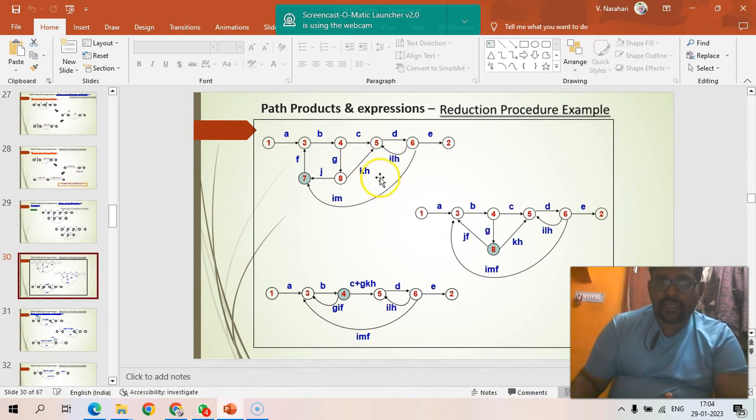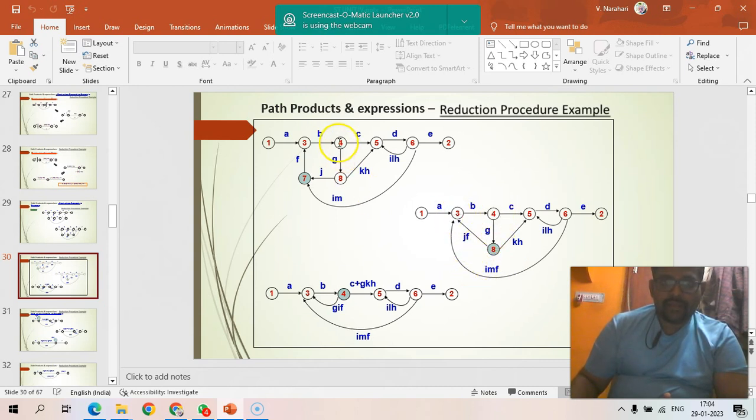ILH, KH, and node 9 is removed. Next, I am selecting another node to remove, that is 7. So 6 to 7, 7 to 3, 4 to 8, 8 to 7, 7 to 3. Apply the serial rule. So we will get this one, IMF